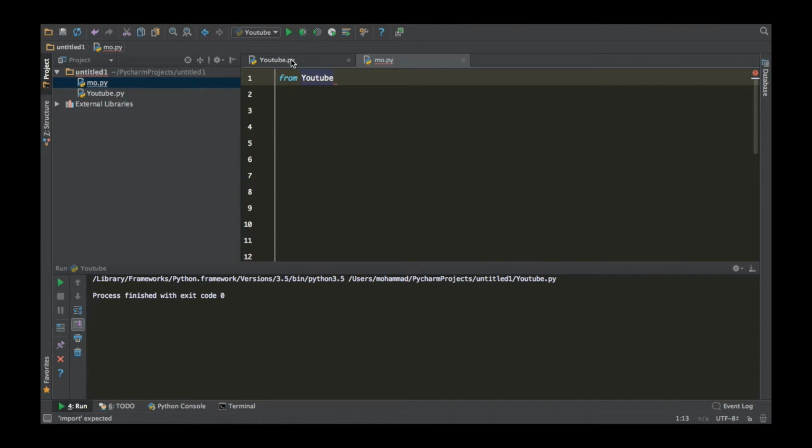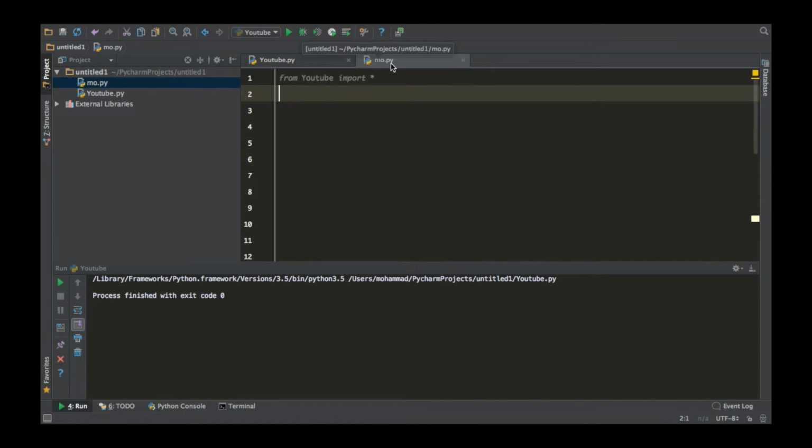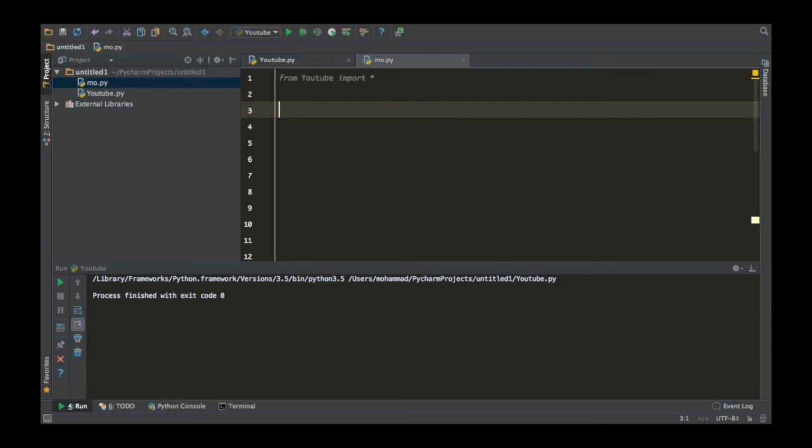From youtube, import everything. This line of code means whatever youtube has, just bring it down here. And now, if we do the same thing that we did in this file, which is, remember, print food, and if we run this,